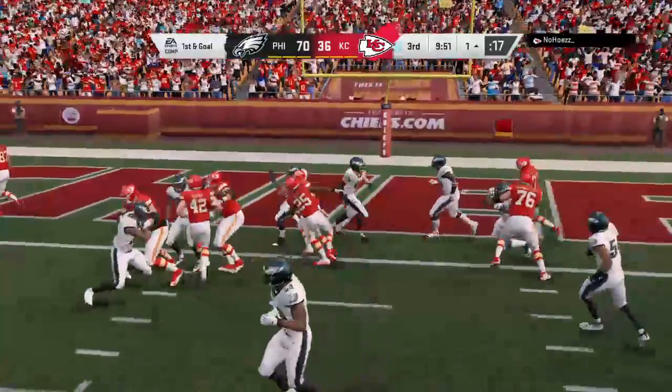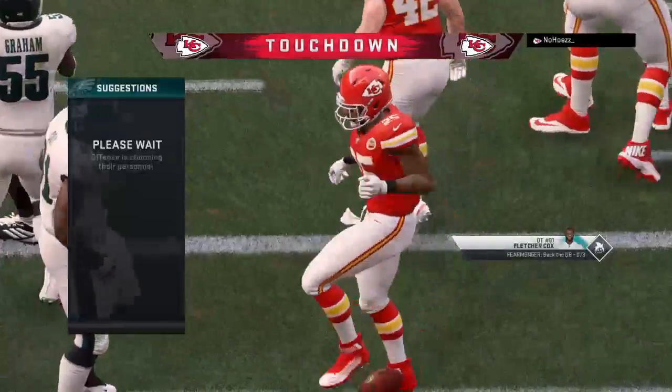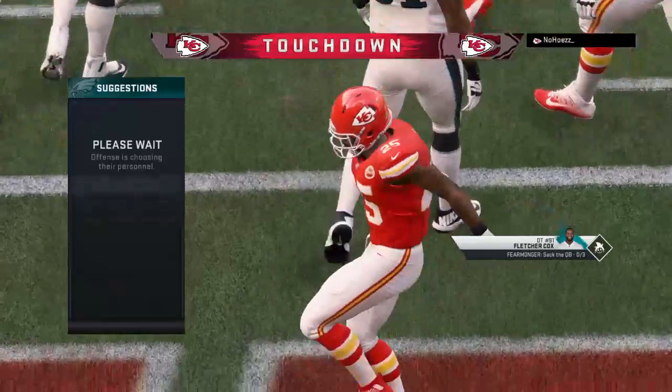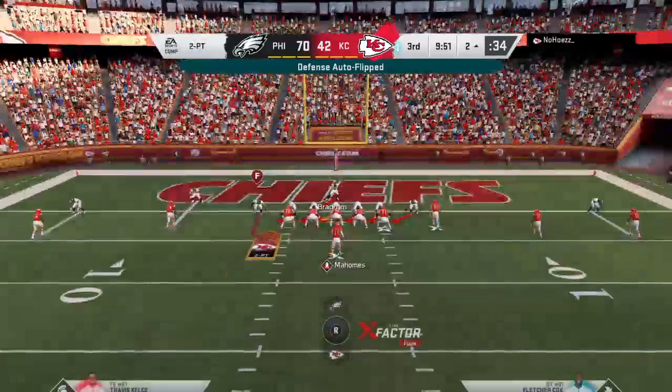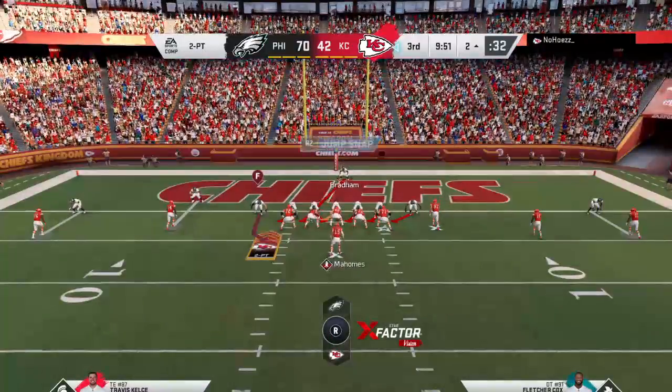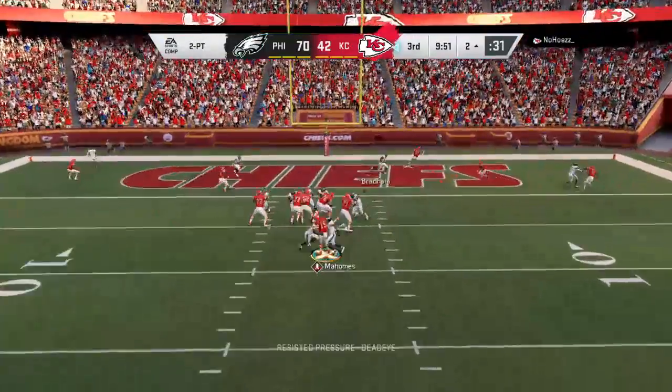They'll try and run it with McCoy. And he is in. Touchdown, Kansas City. Taking it in from a yard out. And the Chiefs are able to cut into this lead. We know that the big guys won't get the credit, Brandon, but we also know that...